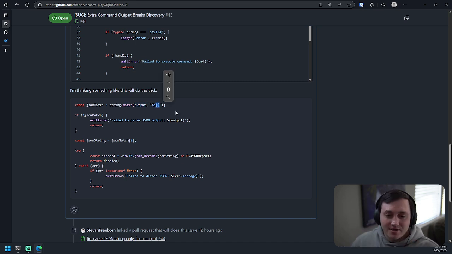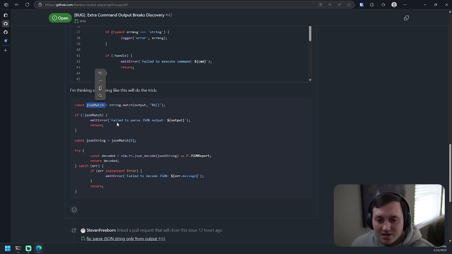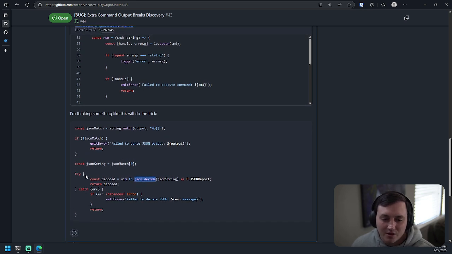that. Basically, this is a Lua expression for balanced parentheses. So we're just going to make sure that we have two curly braces, and we're going to match everything in between, including those curly braces. If there's no match, well, that's an issue, right? Because we expect this command to produce some sort of JSON object. If there is a match, we'll get the first one. Then we'll call decode. This should work. And this alone, without the try catch, solved the issue I was having,